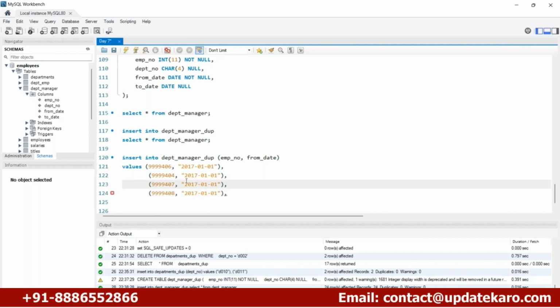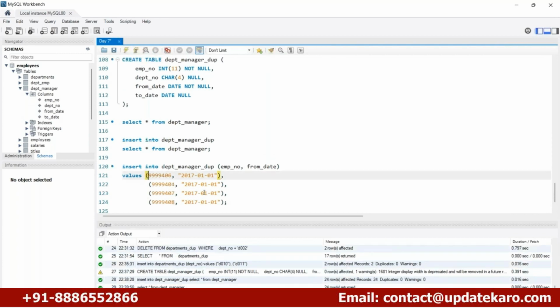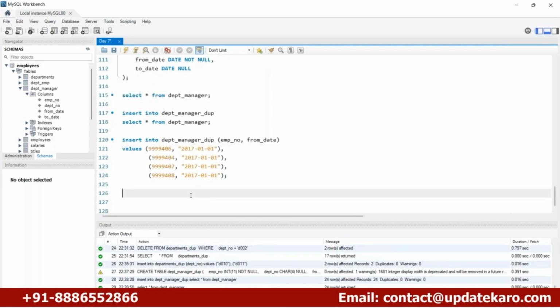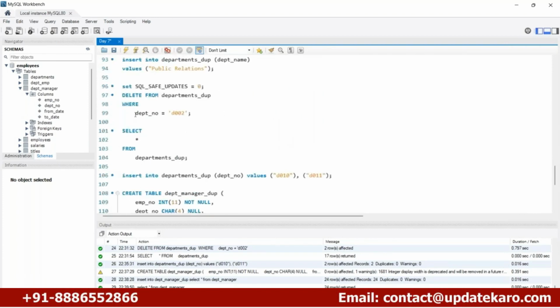Okay, so what I can do is I can simply erase this and add this. Okay, this is a semicolon because this is the end, right? Simply insert this and run this. Now here you can see that we'll be able to add a few duplicate values over here. Okay, and here also, as we did over here, let's say we just remove any one of